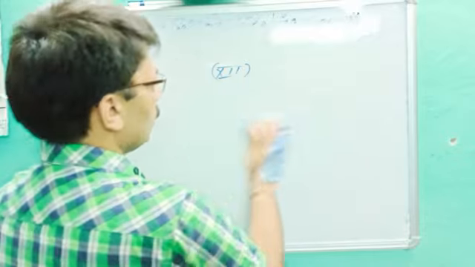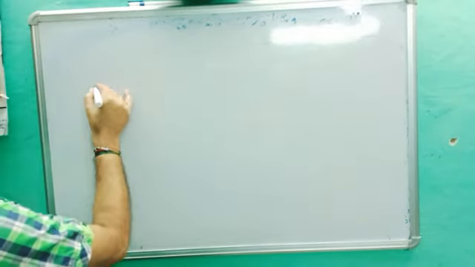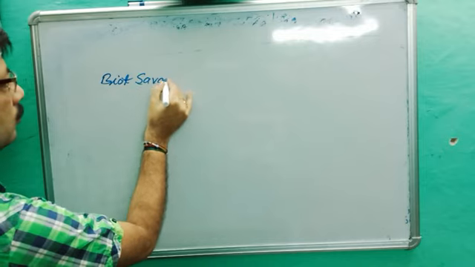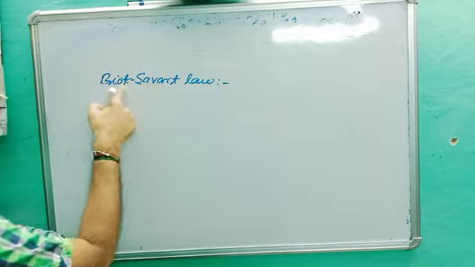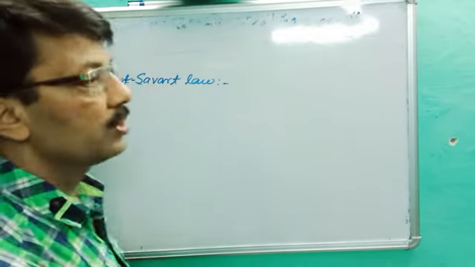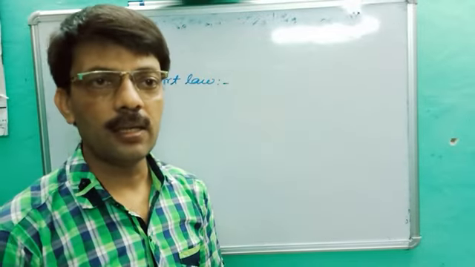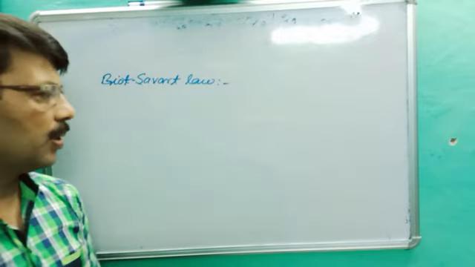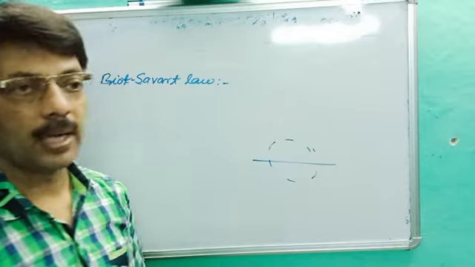As you know, we are talking about the magnetic effect of electric current, and our first important question is Biot-Savart law. Biot-Savart law, many times that question is asked. In the previous lecture, we noticed that a magnetic field is created, and this is confirmed by Oersted experiment. When current is drawn through any wire, then a magnetic field is created surrounding the wire. That is called the magnetic effect of current.